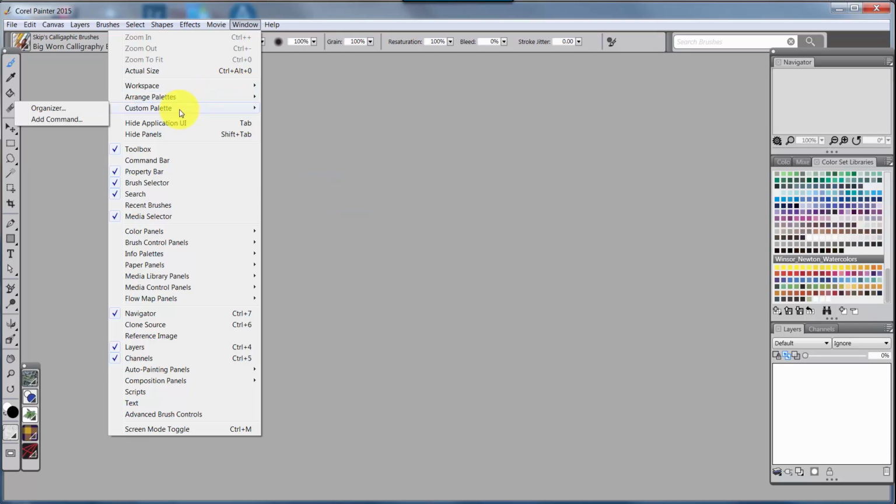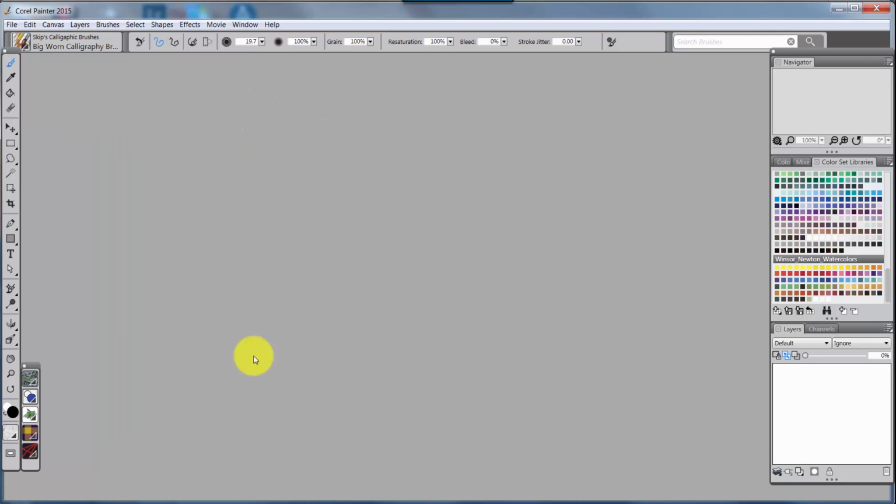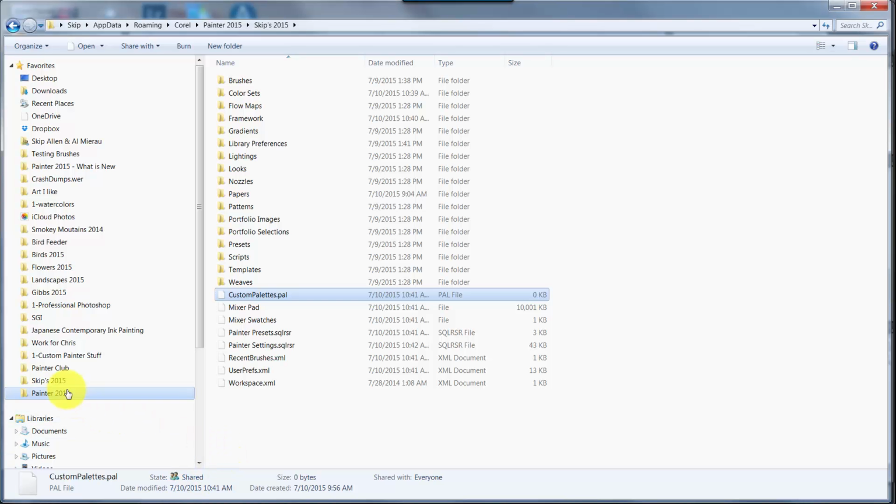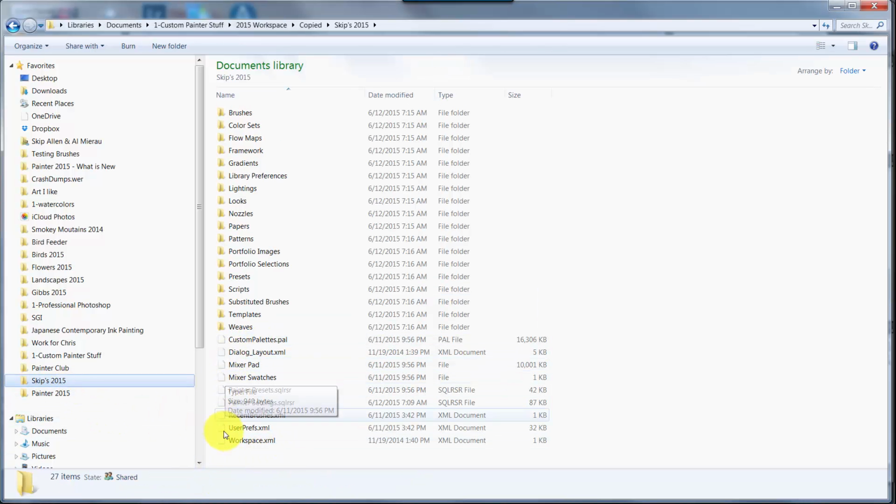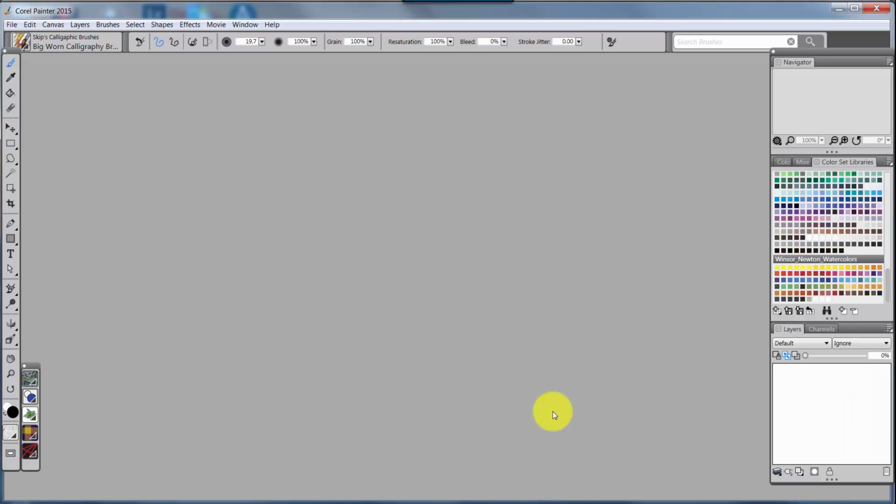But let's look at Custom Palettes. Uh-oh, nothing. I don't have anything in Custom Palettes. Why is that? Well, the reason is these files down here, if I try to copy them to the current workspace and Painter is open, when Painter closes, it rewrites these files. So copying to here while Painter is open will not do anything. But if I close Painter,